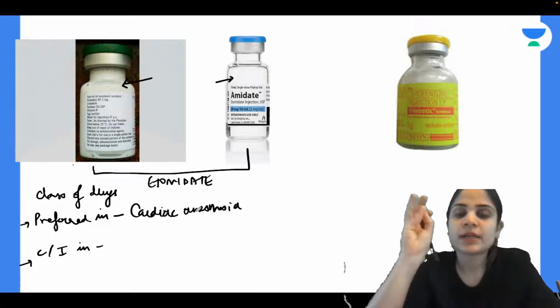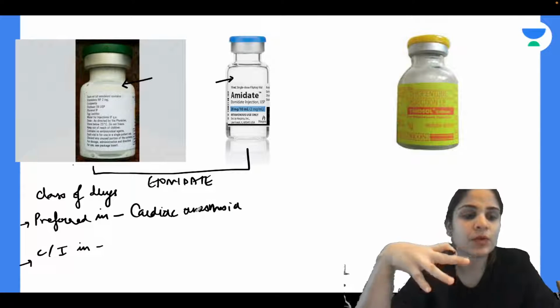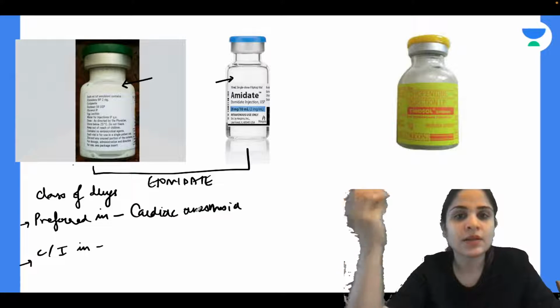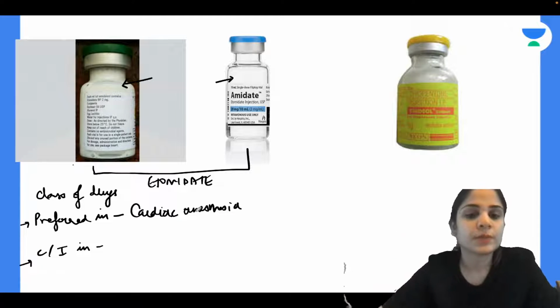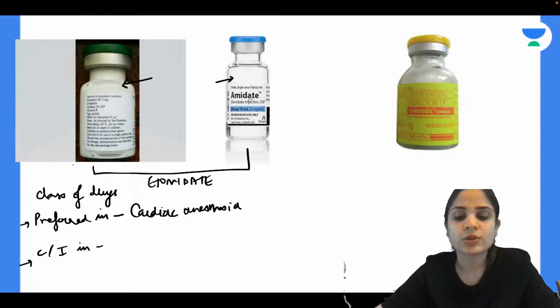It will maintain your blood pressure and heart rate during induction of anesthesia. So in people who have poor cardiac function, like in people who have had an MI, who are posted for bypass, who are posted for any other surgery, but they have a cardiac issue, you will prefer to use etomidate in them. Okay. So if they ask you in the exam what is the drug of choice for a patient who has had a myocardial infarction last week or someone who has a cardiac stenting done last week, in that case your answer would be etomidate.